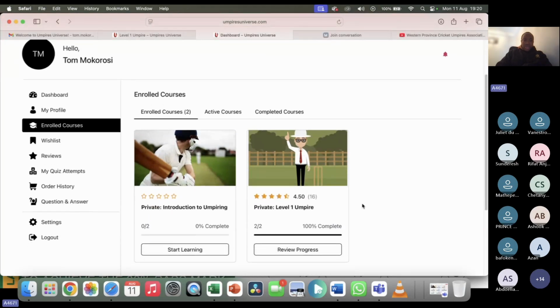I am enrolled for the level 1 umpiring exam as well as the introduction to umpiring exam. Obviously, I cannot show you the questions in the level 1 umpiring exam, so we are all together going to go through the introduction to umpiring exam. So we click on start learning,